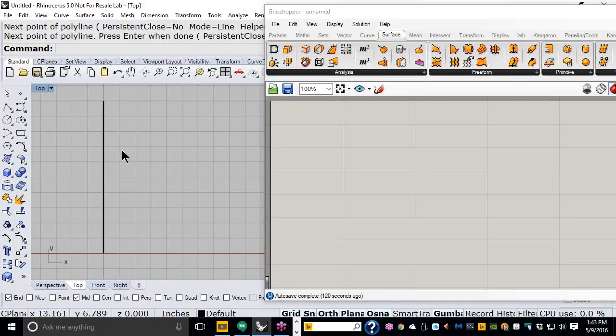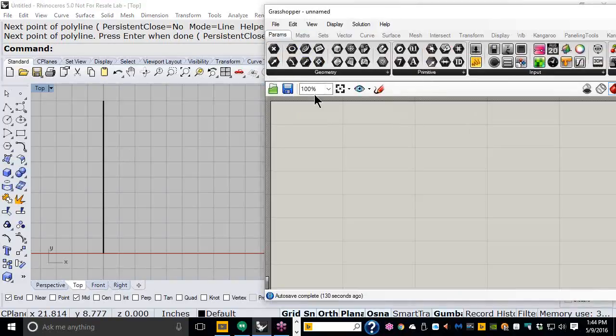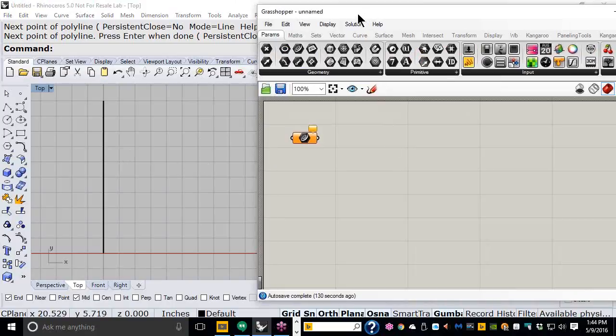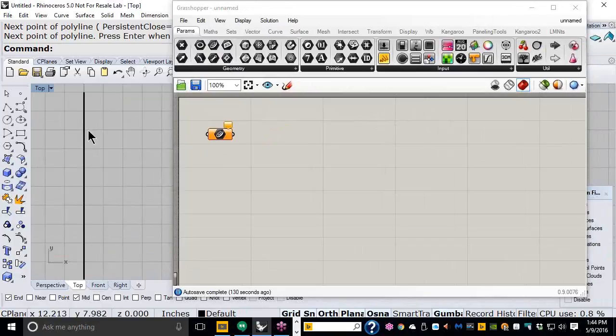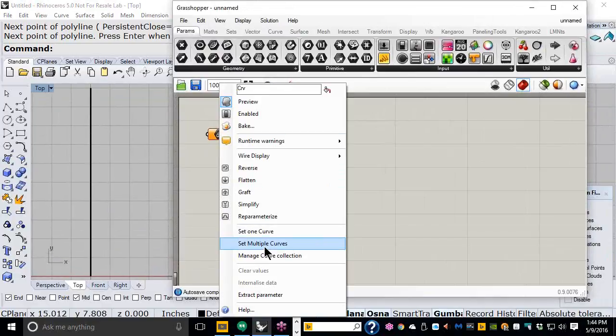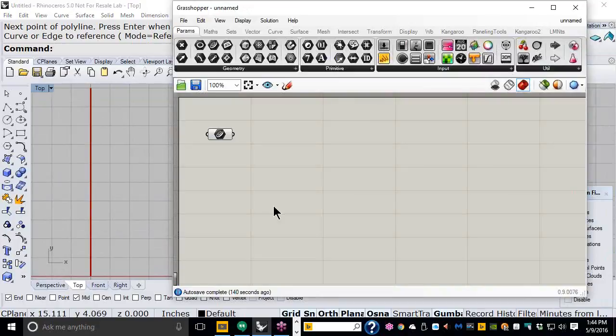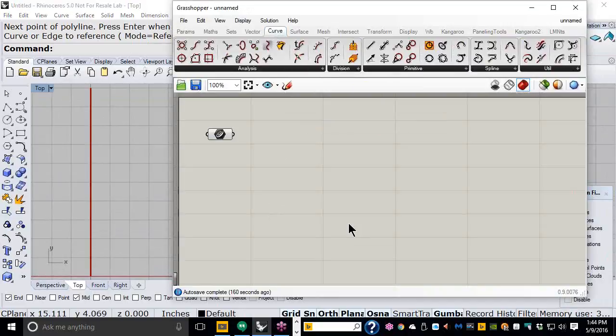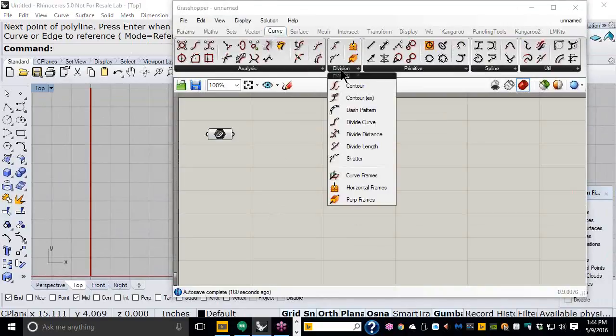So now that we have this curve over here, I need to pass it to Grasshopper. So let me push this one over here, right click, select, and there we have the curve in both Rhino and Grasshopper. I want to divide this curve. So I will go to curves, division,